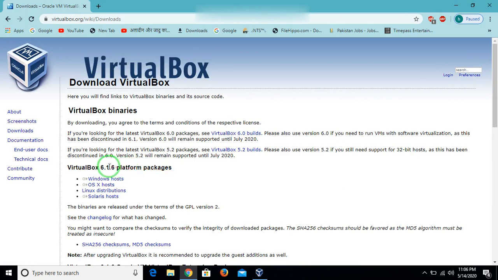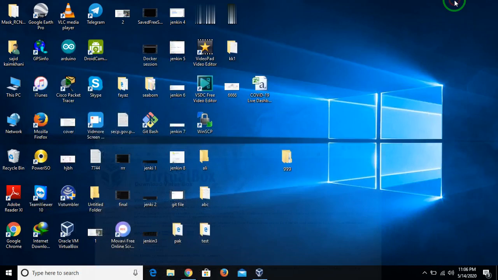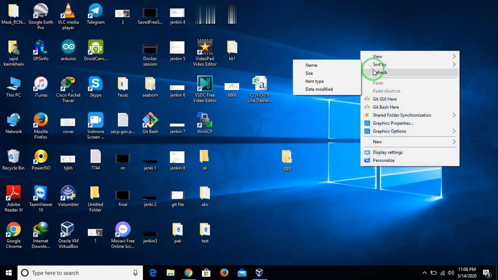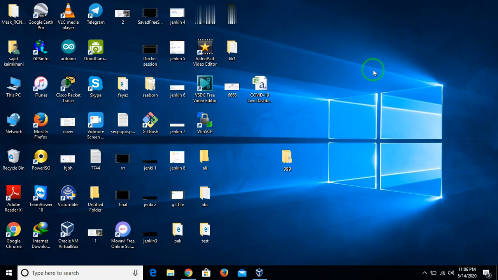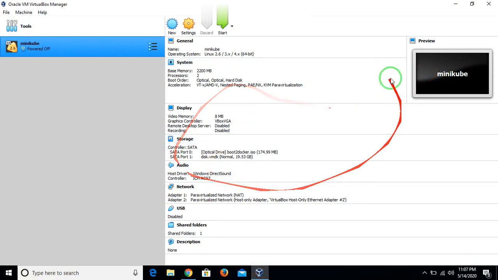and after the download option there will be lots of platforms available. In every platform the package is available, for Windows, OS, Linux, whatever as per your requirement. So just download it. For me, I have Windows 10 on my laptop, so I downloaded the Windows 10 VirtualBox, just double click on the exe file, and then just next. So it will be installed in your system easily.